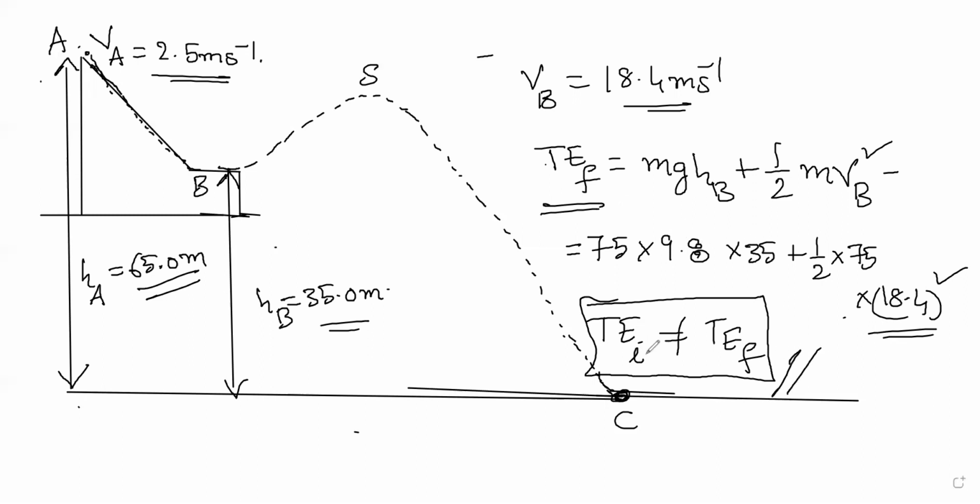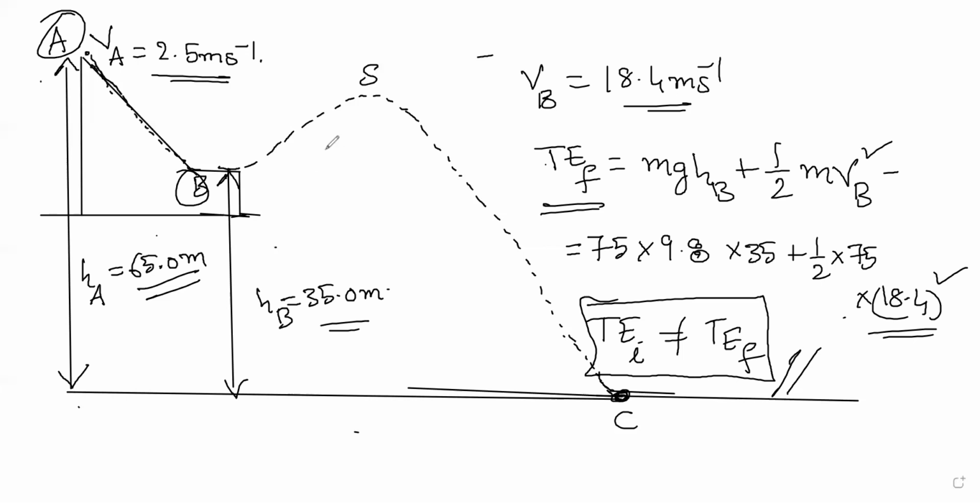Can make a note. So you will end up with this situation so that you can say that the energy is not conserved. Energy conserved means total energy initial, whatever we started, should be equal to the total energy final. Here, the initial and final are the points we choose, A and B. At every point of movement, the total energy should be the same. That is a funda. It need not be at the point C. At every point of movement, the total energy of the system should remain the same. Then only we will say the energy is conserved.